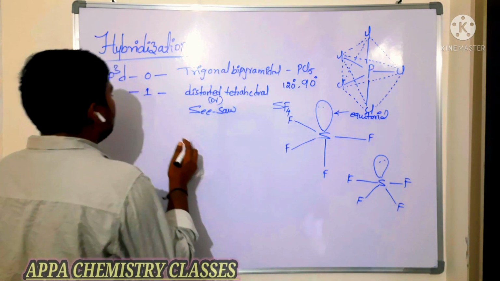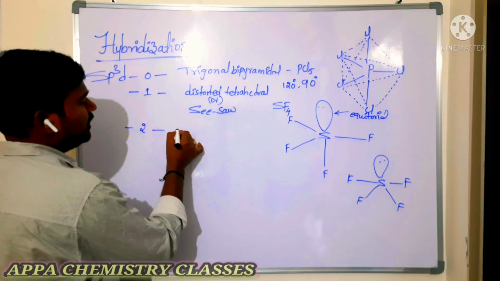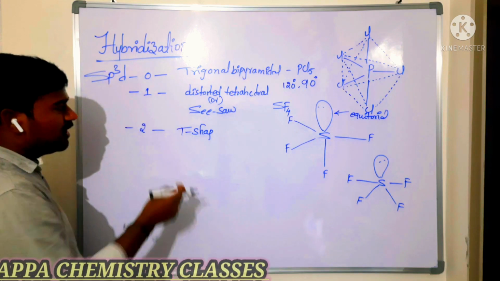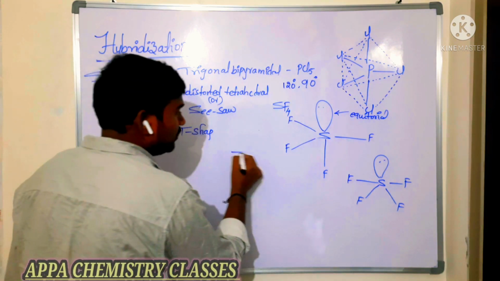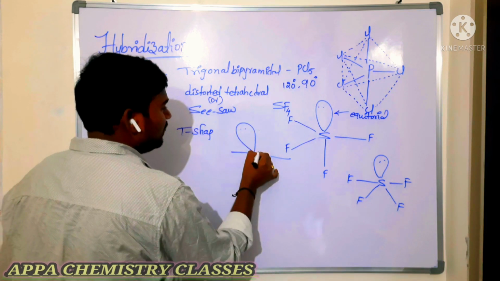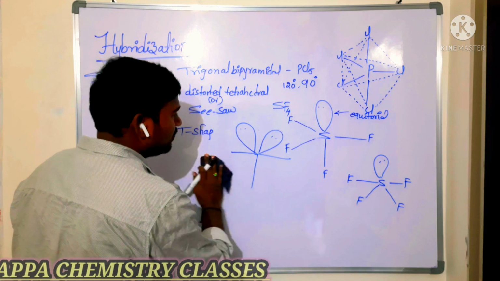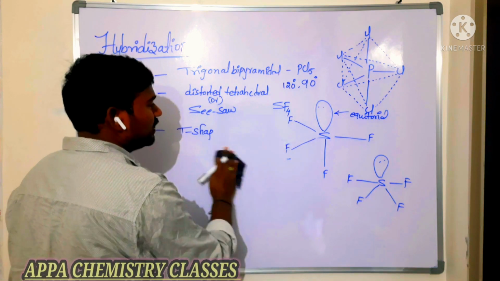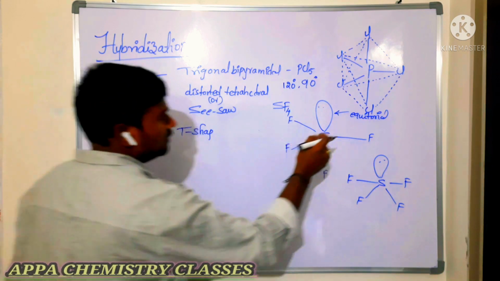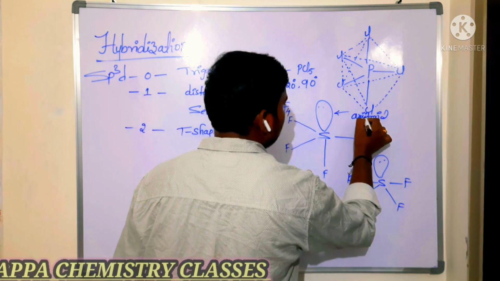Very important one. So if 2 lone pairs are there, then it will have T shape. What shape? T shape. How is it T? So I am going to write this is T. So which has the what? 2 lone pairs. So this is what? T shape I am saying. But these lone pairs are there, no? These lone pairs are located in the equatorial position. It is not equatorial, it is an axial position. Sorry, axial position.